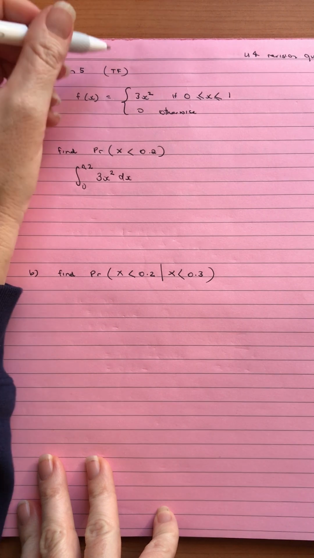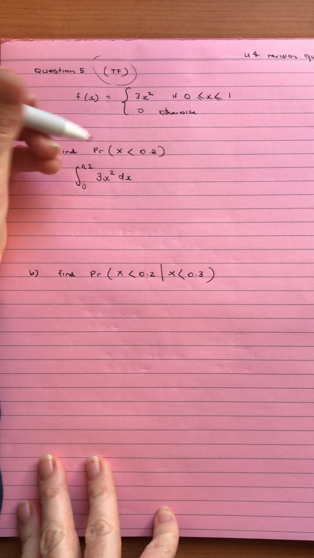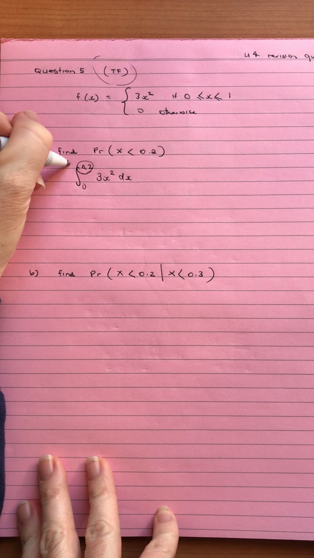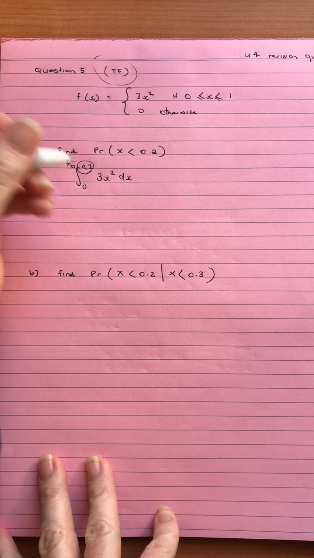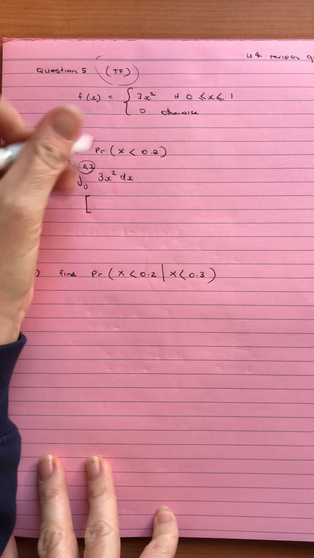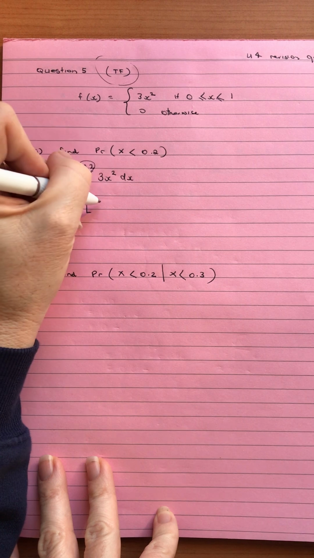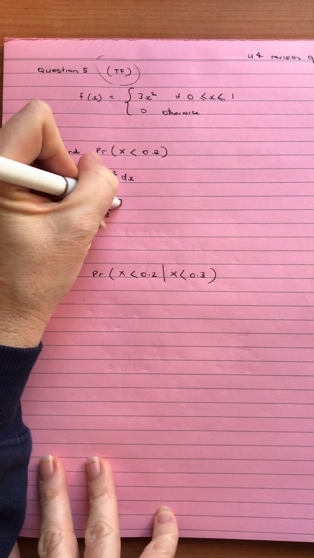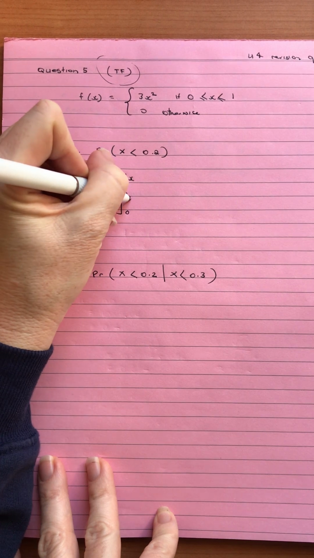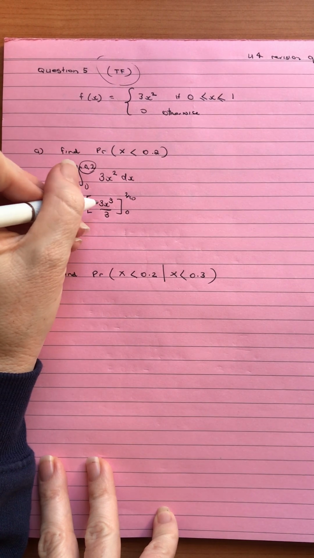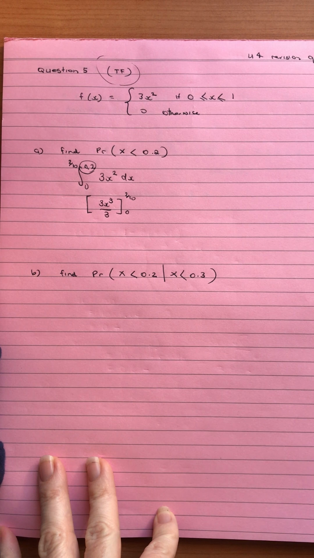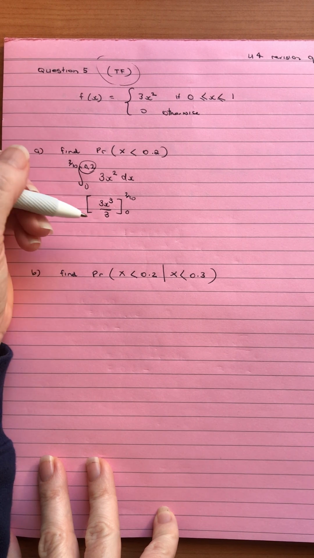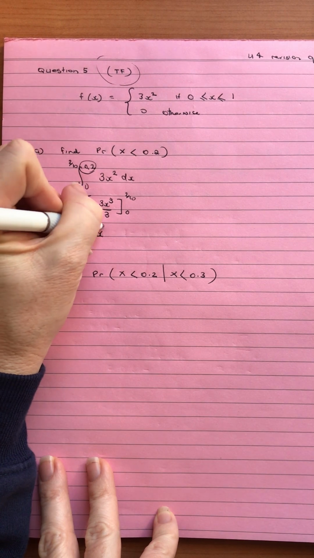Now, this is a tech-free question, so when we're doing that it's probably easier to use 2/10 rather than 0.2. It's going to make it easier on ourselves. Now when we do the integral of 3x squared, that's going to give us 3x cubed over 3, and we're looking between 0 and 2/10. We can simplify that as just x to the power of 3 once those cancel out. So we're looking at our x to the power of 3